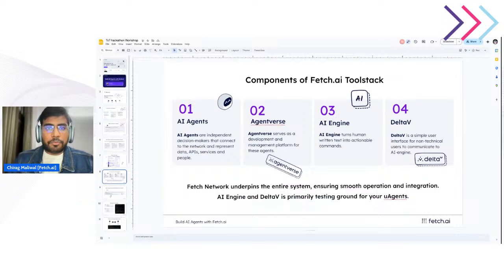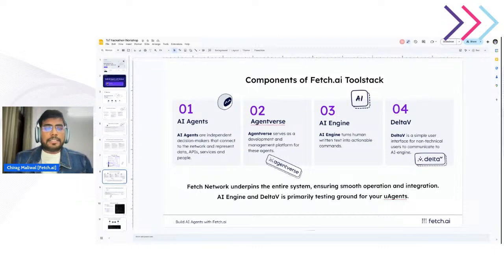Before moving on, I just want to share a couple of quick links with all of you. The first is the uAgents framework. It is a fast and lightweight framework for creating decentralized agents with ease.